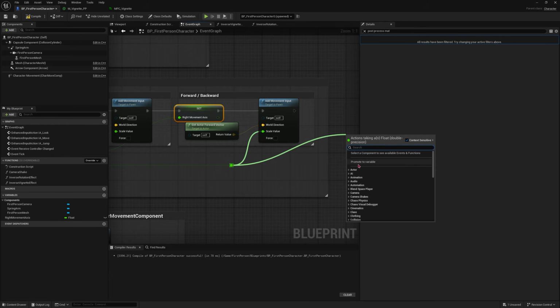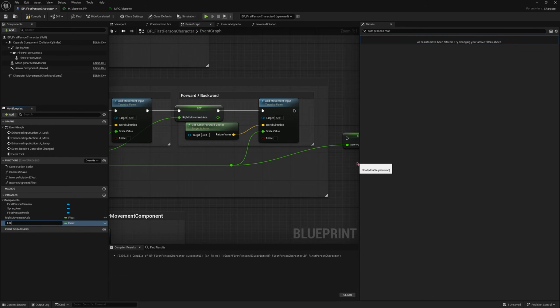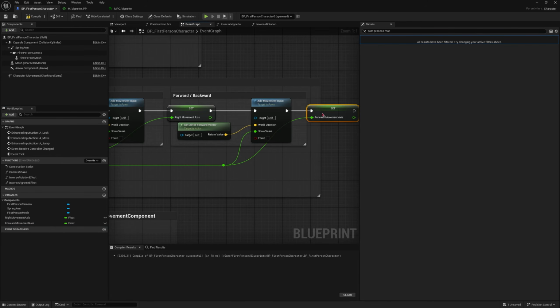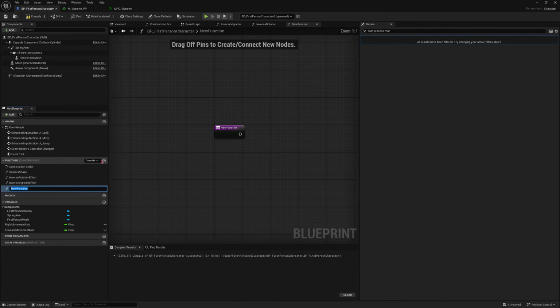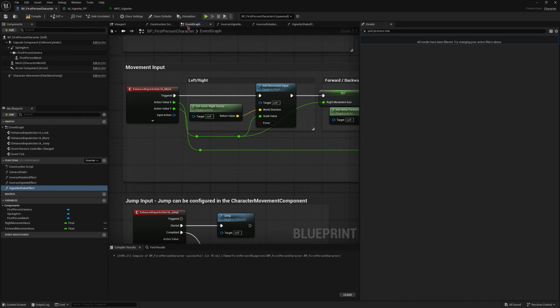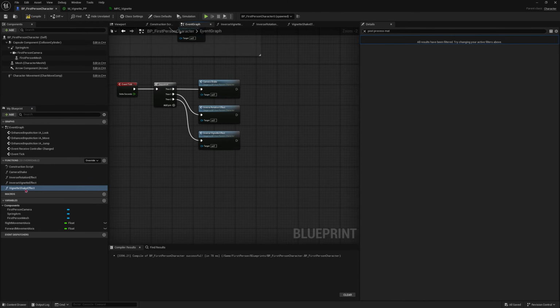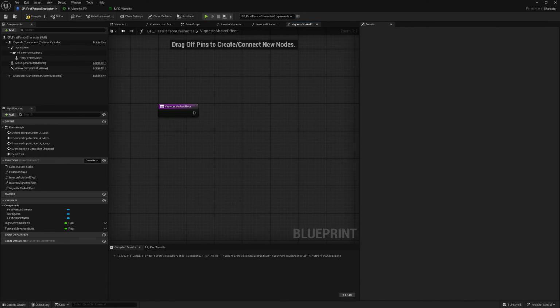And this one will also be promoted, forward moving axis. Alright, and let's create a new function over here, call this vignette shake effect. Before I forget, let me just add this over here. Okay, so inside the vignette shake effect,